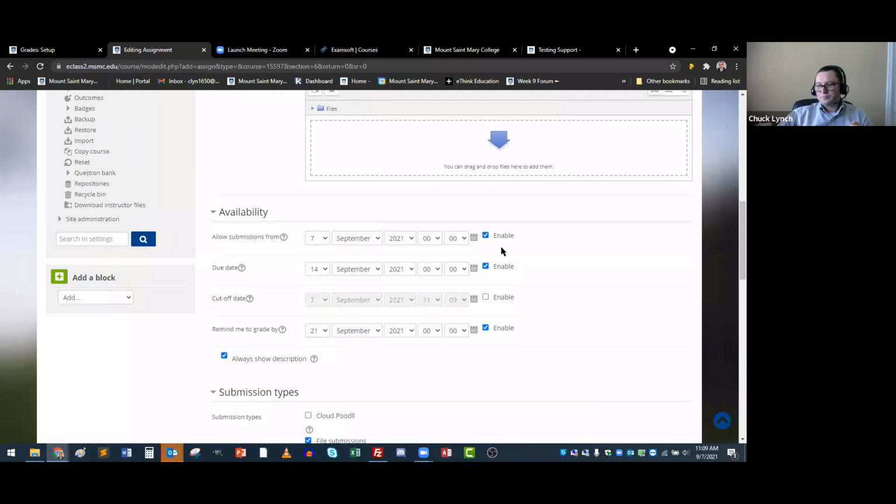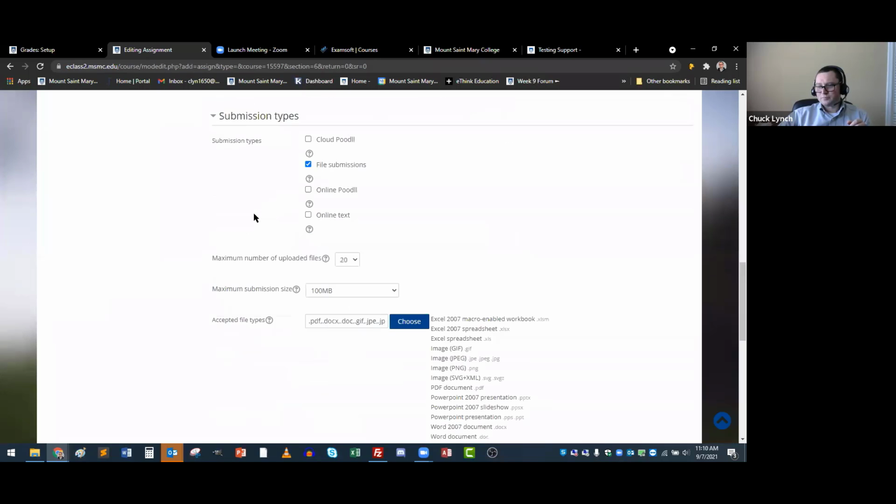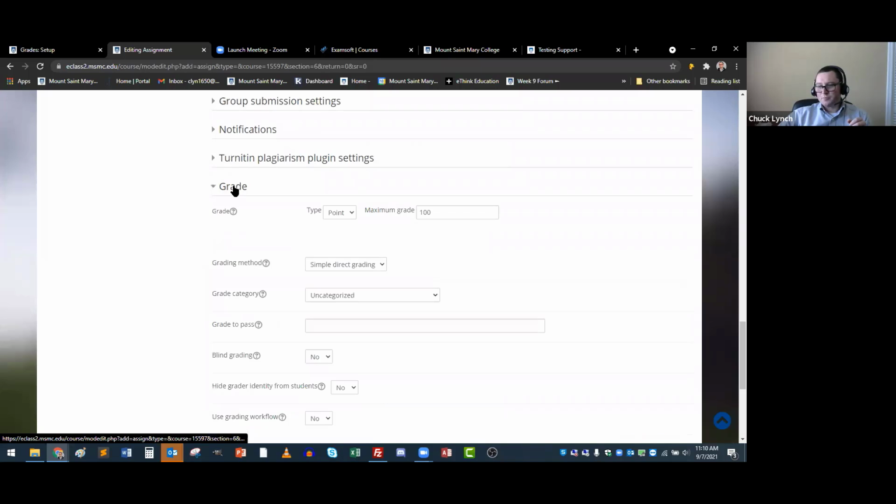I don't think you need to worry about the dates at all here, but you can just uncheck these. Having these unchecked removes it from the calendar of the course so the students don't think they have to submit something by then. Usually with the nursing department, the dates and times are clearly listed of when they're taking the test, when it's going to happen, and I believe they're usually still proctored. So we can leave those as is, but for the grade,